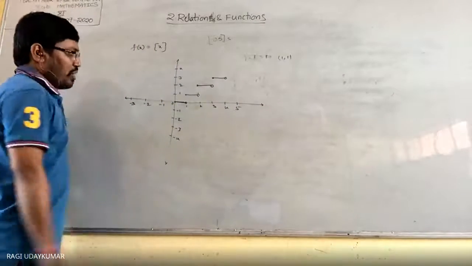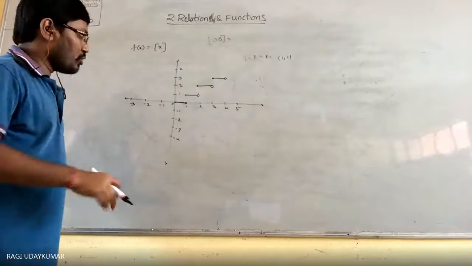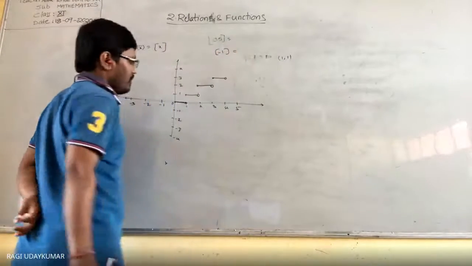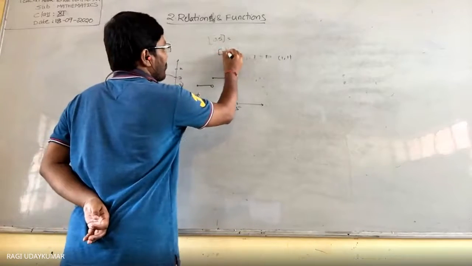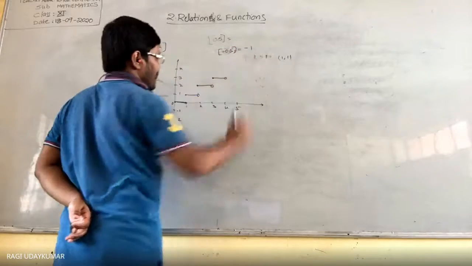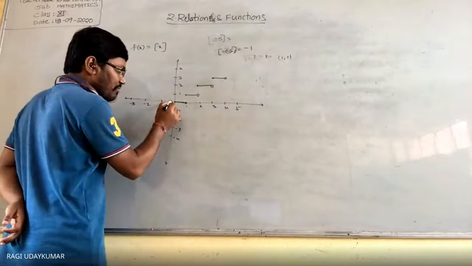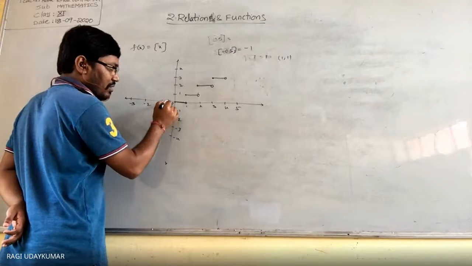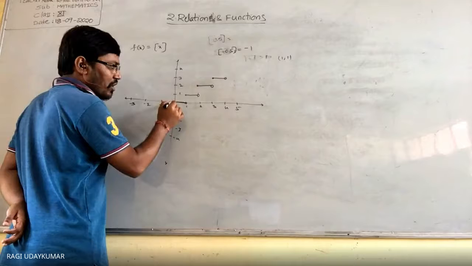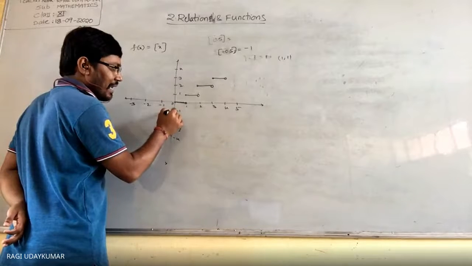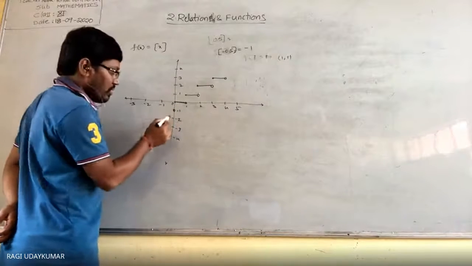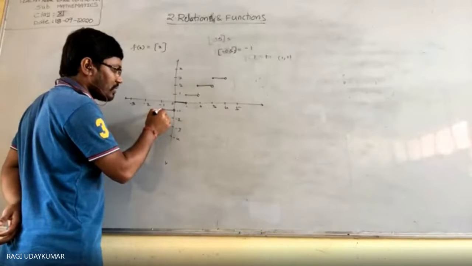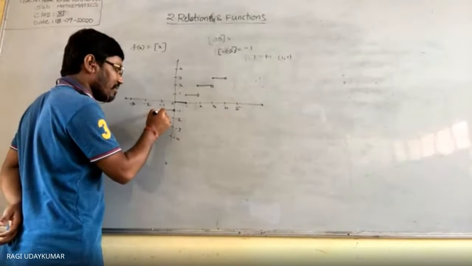And coming to the negative points. What is the greatest integer function of the -1? Okay, let us take the first -0.5. -0.5 को -1 है. So -0.5 will be here. उसका आंसर -1 है. So ये आएगा. तो 0 का वैल्यू 0 है, इधर एक सर्किल करना है, फिलअप नहीं करना है उसको, और इधर से इधर तक इधर आएगा. But -1 value is -1 itself, so इधर फिलअप करना.